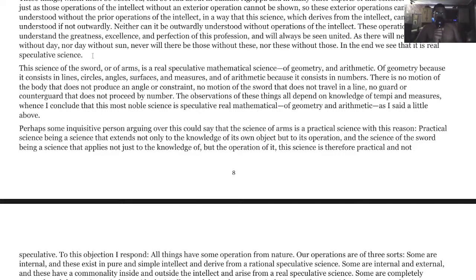There is no motion of the body that does not produce an angle or constraint. No motion of the sword that does not travel in a line. No guard or counterguard that does not proceed by number. The observations of these all depend on knowledge of tempi and measures. Whence I conclude that this most noble science is speculative, real, mathematical, of geometry and arithmetic, as I said a little